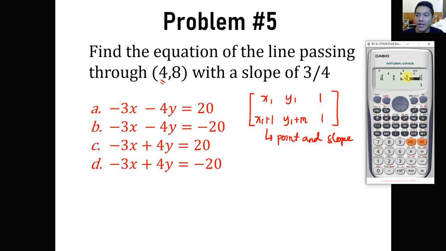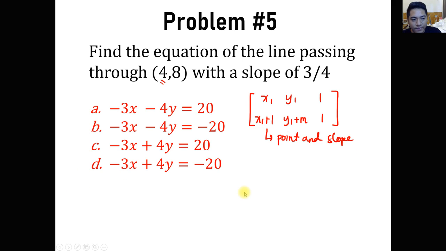We have 4, 8, and 1. We have 5 because of x sub 1 plus 1. And then for the y, we have 8 plus 3/4. That's 8.75. You can calculate it just like what I did a while ago. And then the constant is the same, it's still 1. So if we get the answer for the values of x and y, that will be the coefficients a and b. So we have negative 3 all over 20, and then we have 1/5.